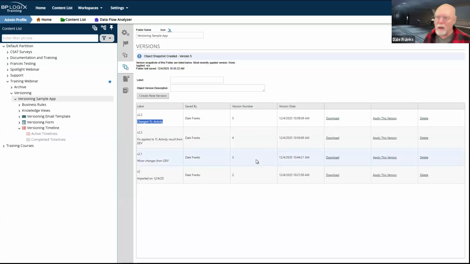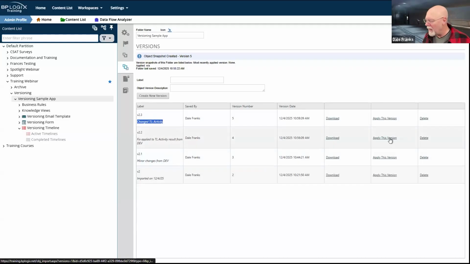Or if it is something more substantive and may take longer, well, then again, I can always go back. I can reapply my prior version and just keep that running in production until I fix whatever needs to be fixed on dev, and I can re-import it.